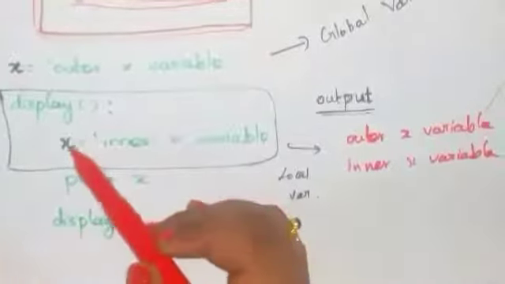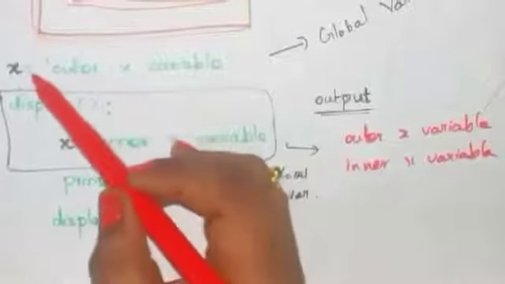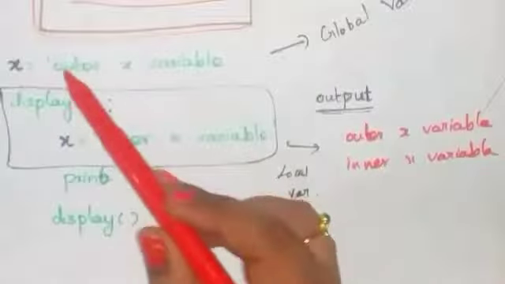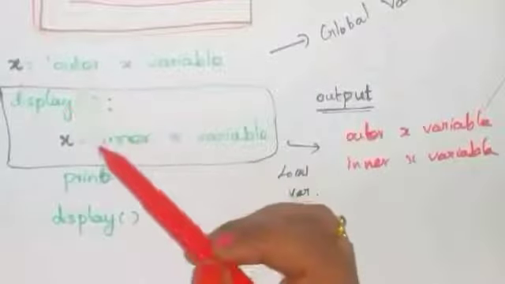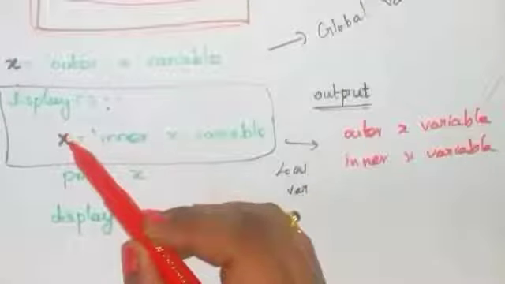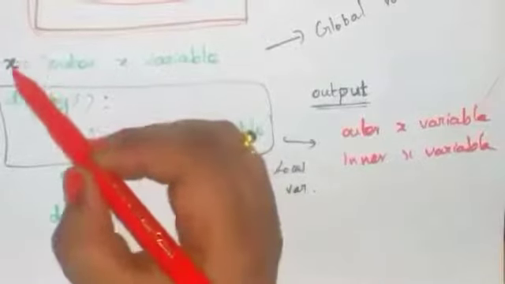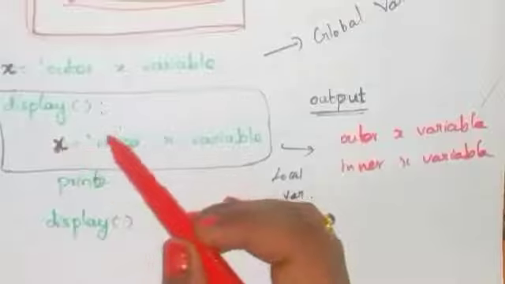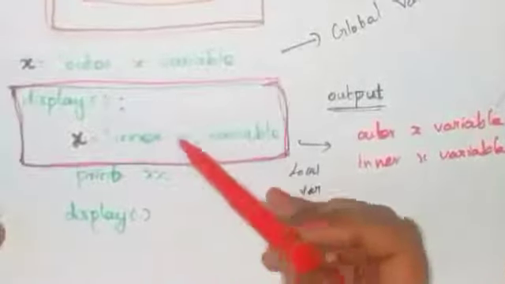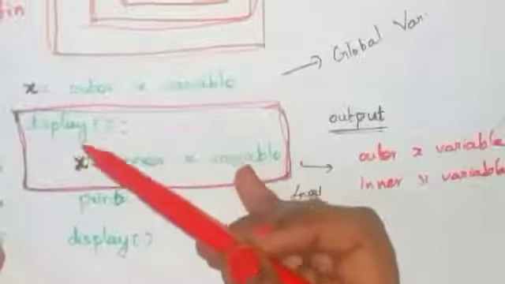But you can see here, the same variable name is used in local scope and global scope. Even though the variable name is the same, they are not the same. It's like two people with the same name. This is one person, this is another person, which means this is one variable and this is another variable. Because you access this variable within this block only. After that it will be destroyed. So these two are not the same.